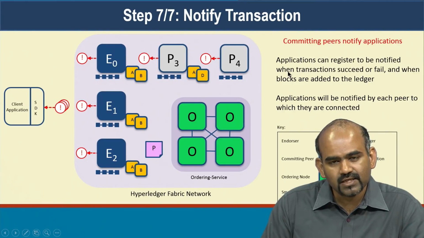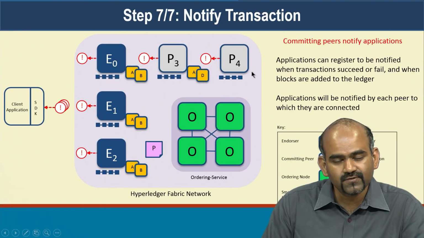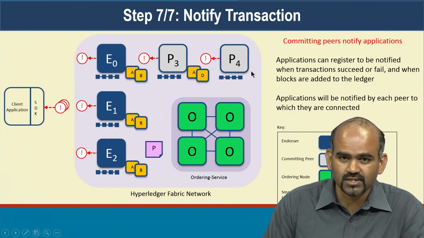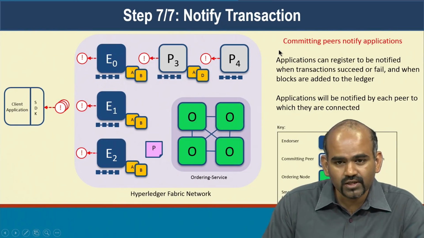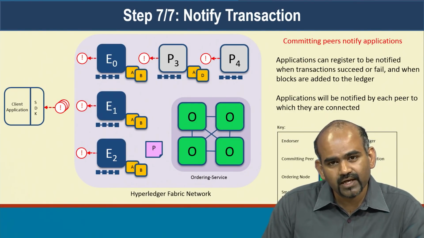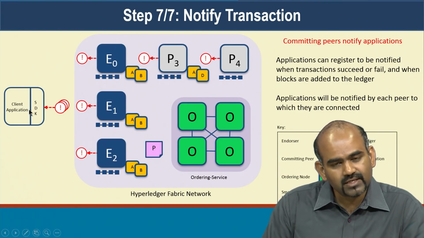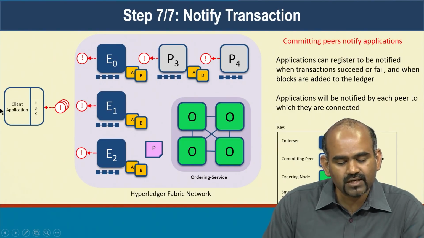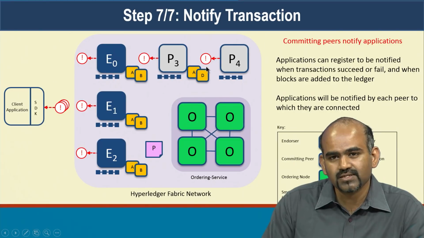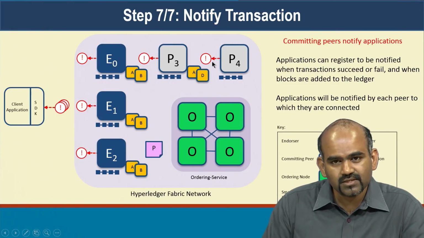Now, the events itself in Hyperledger Fabric, you can get multiple kinds of events. For the block itself, you can get an event saying this block of transactions was committed. For each transaction in the block, whether it's valid or invalid, for both of them, you can get specific transaction level events. And it's also possible for client applications to subscribe to specific transactions. For instance, a client application can only subscribe to the transactions that it has submitted. It might not be interested in getting notifications for the other transactions. So you can get transaction level events.